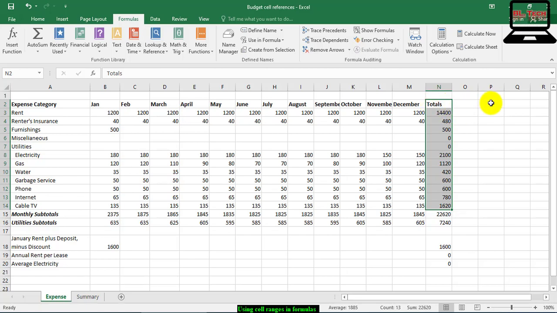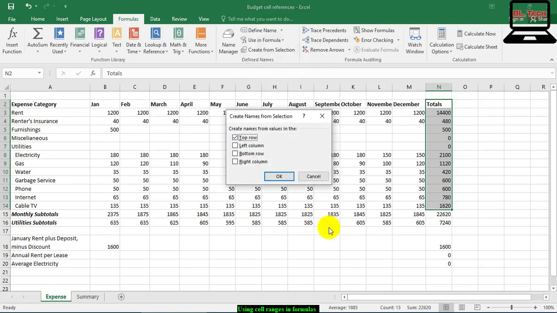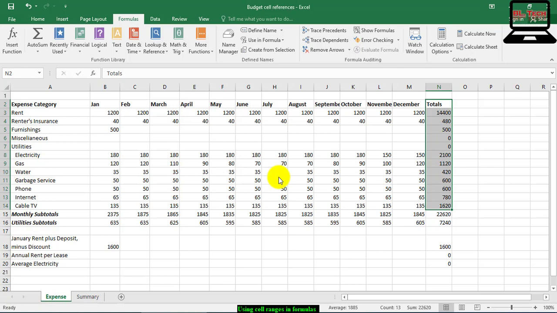On the Formulas tab, in the Defined Names group, click Create from Selection. The Create Names from Selection dialog box appears. Excel determines that you want to use the column heading label as the range name. Then click OK. The range is saved with the name Total.